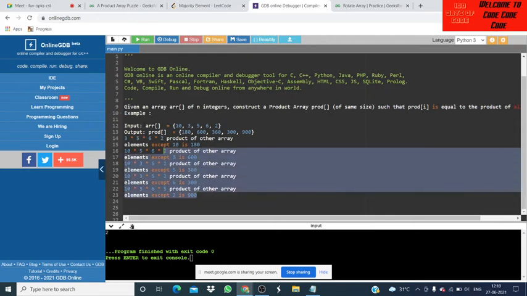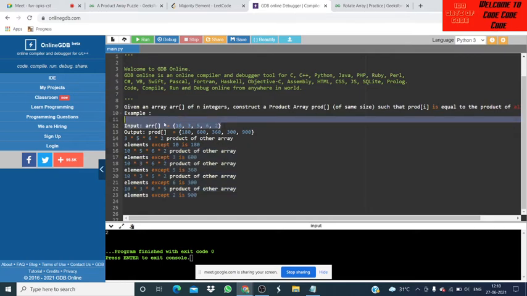Actually, given an array of integers, construct a product array like this, and we have to rearrange into this type of array. Except this number, we count the product like 3 into 5 into 6 into 2, then we skip 3, then skip 5 and count there, and so on.